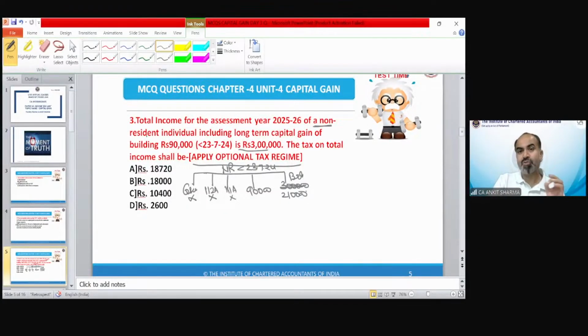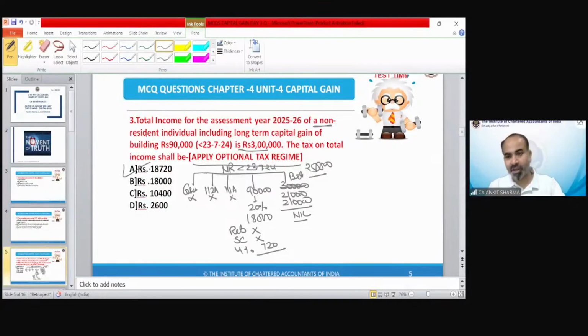Now the basic exemption limit in this case, in case of optional tax regime, would be 2 lakh 50,000. Unexhausted basic exemption limit we cannot use in case of non-resident. So this is going to be taxed at the rate of 20%, 18,000. We cannot use the rebate even if our total income is less than 5 lakh, because it's non-resident, no rebate, no surcharge. Cess would be applicable, and that would be 720. The correct answer would be